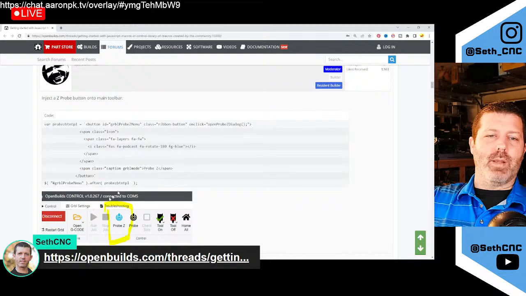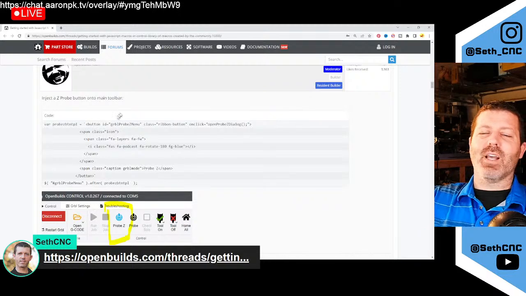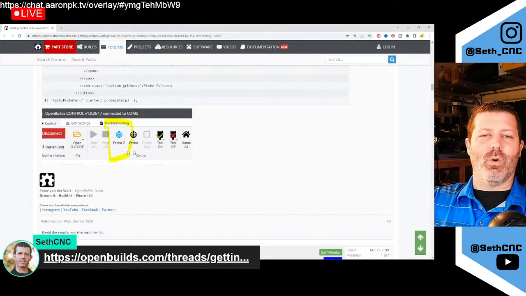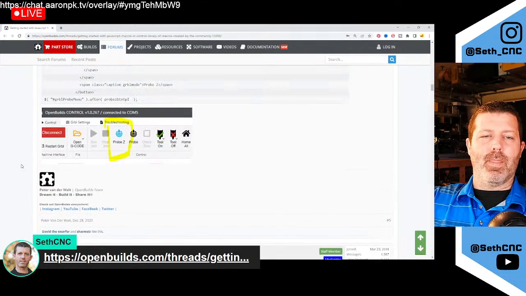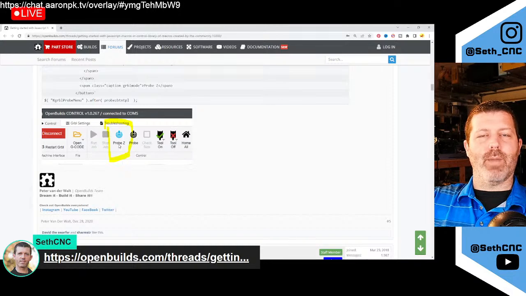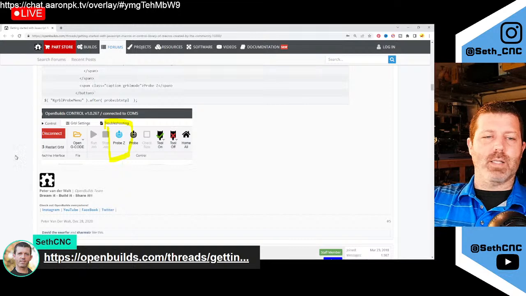And then this is one where they created it, and it kind of goes through time here, right? They created a macro for Z probing, but then they added that macro onto the toolbar. Or actually, no, so that's the macro for probing the Z, which is, yeah, it's now on the toolbar. Anyway,